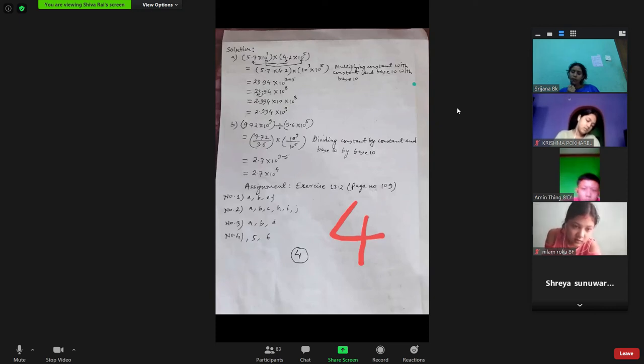Don't think objective means you can take it very lightly. You have to do rough work in your paper. If you are not doing rough work, you will not easily get the answer. Anyway, it is easier than subjective questions, but even in this case you will not get the answer without doing rough calculation.